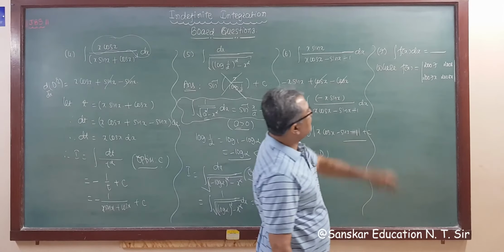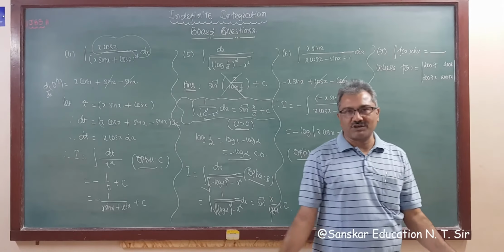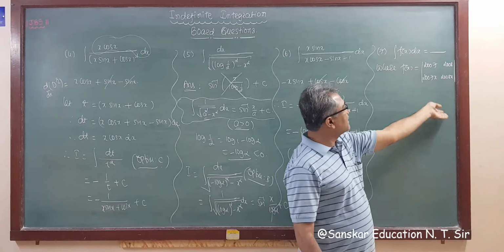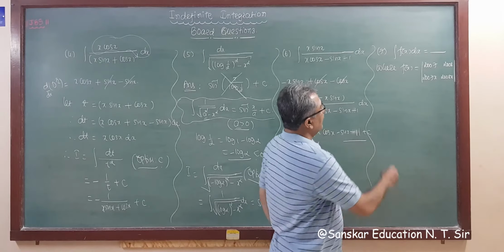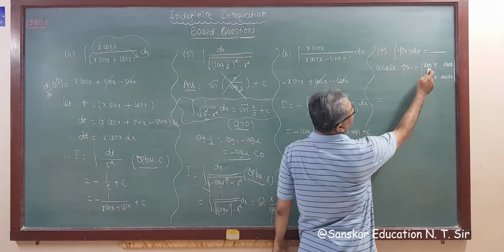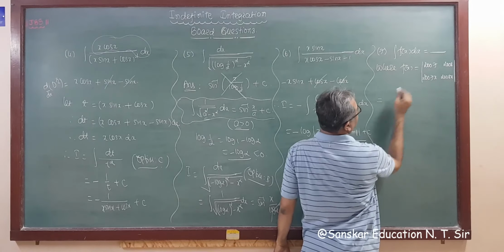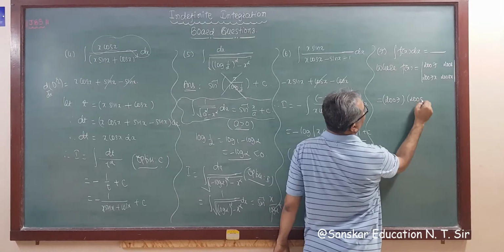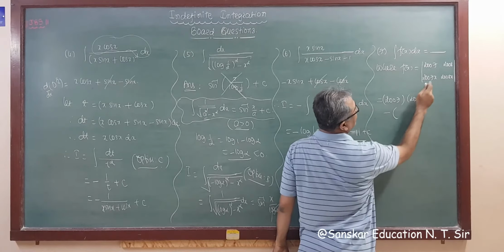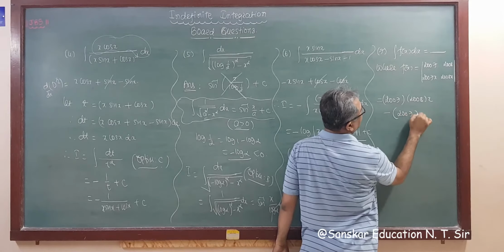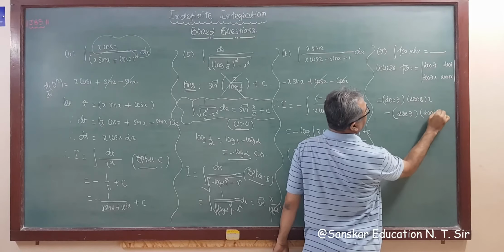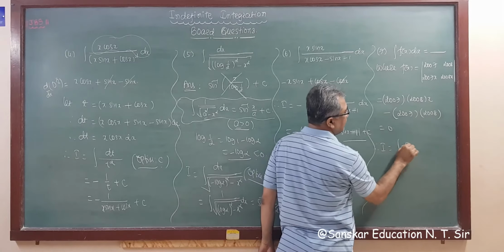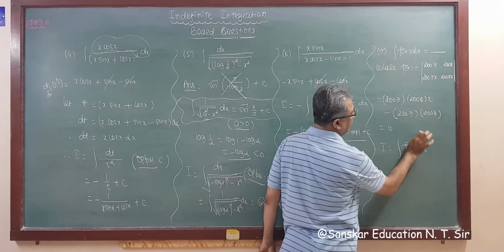Now the next question is integration of f(x) dx is equal to what? Where f(x) is this. So this is a determinant. You have to expand this, right? So if we multiply this, what we get? This is 2007 into 2008, so 2007 into 2008x, and minus 2007x into 2008. So f(x) is 0.